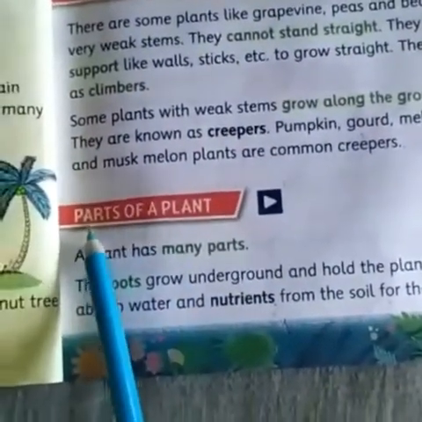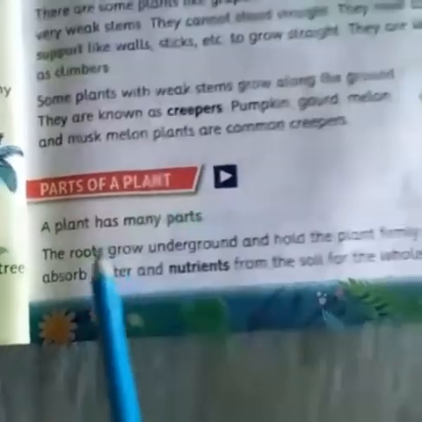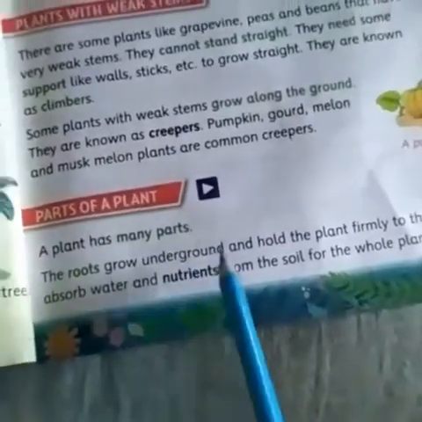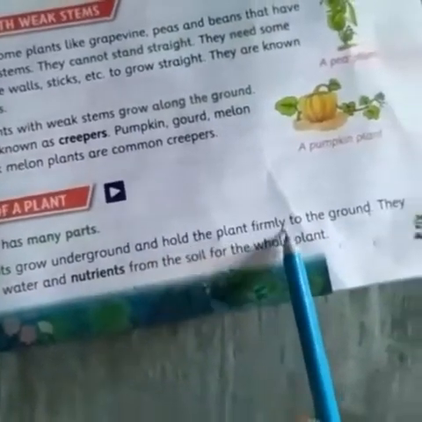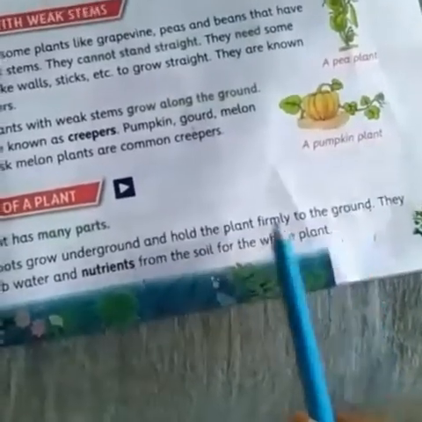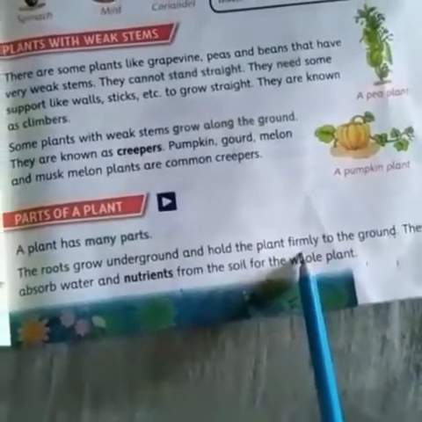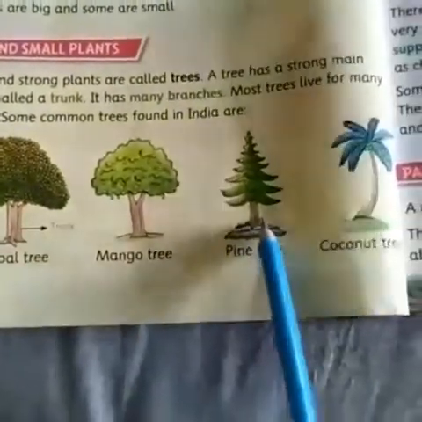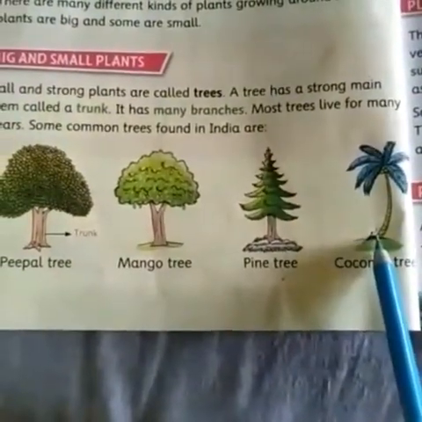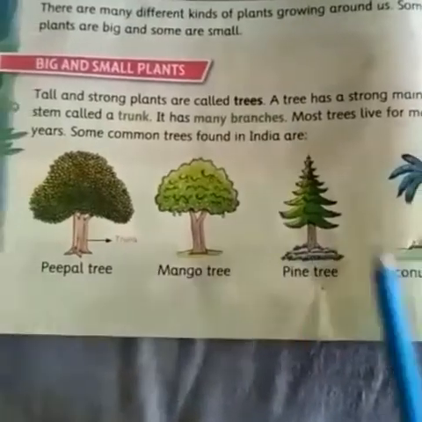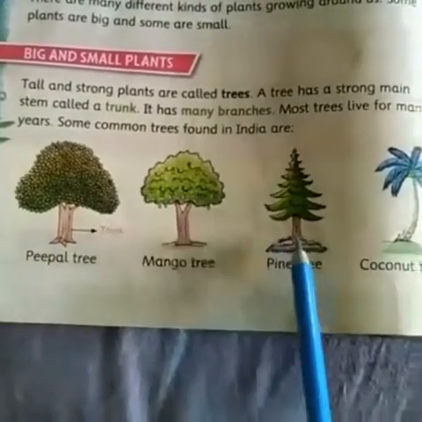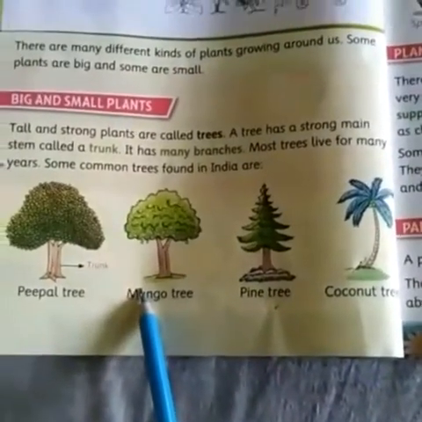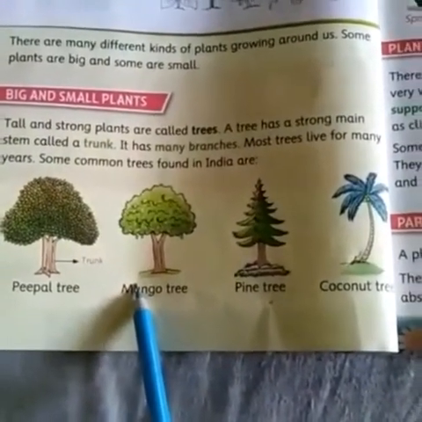Students, now we will read about parts of a plant. A plant has many parts. The roots grow underground and hold the plant firmly to the ground. Firmly means strongly and tightly. As you can see in this picture, all these are the big trees, big plants, and they all are standing straight. Why? Because their roots are firmly hold